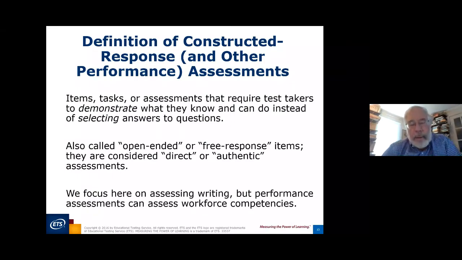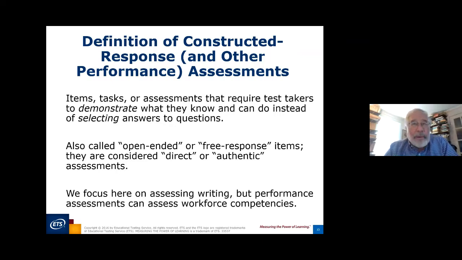So the constructive response is any kind of performance assessment. The idea is test takers have to demonstrate what they know rather than just selecting. They're called often open-ended, free response. They're considered direct or authentic. For many years, we tested written communication with multiple choice questions. We would give a sentence and say, identify the grammatical error. Now that is